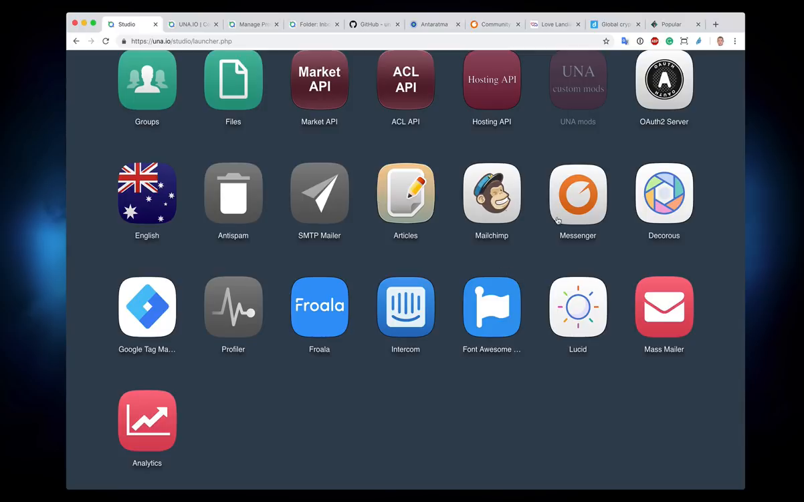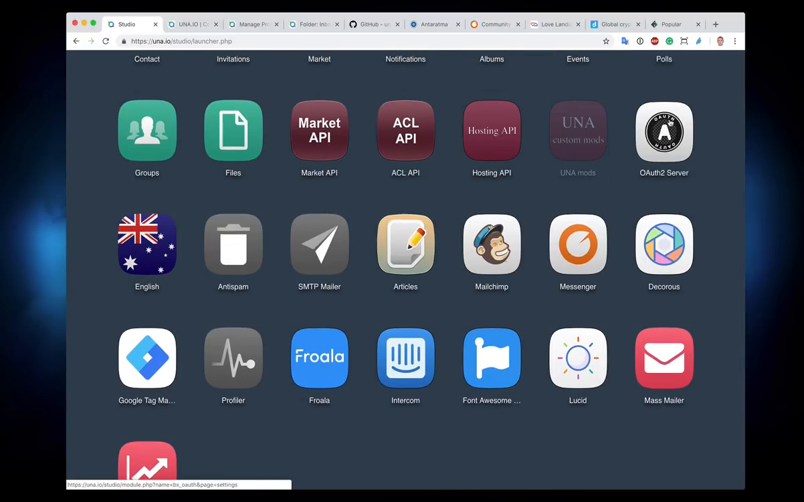Integration modules. They're integrations built for Una. So in this case, we have MailChimp, Intercom, Proala, different tools. Can be third-party SaaS software services or full-blown platforms that are integrated with the site,